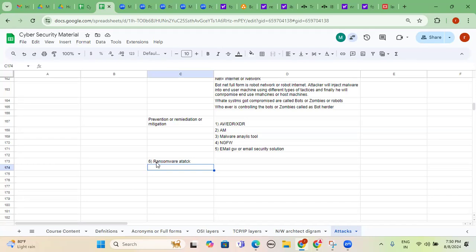So what is the additional thing we have to remember in a ransomware attack? The attacker will encrypt the respective operating system or a file, that may be a single file or a group of files. So what is encryption basically? Encryption is nothing but providing a password or key. Who will provide the password or key now? The attacker will provide the password or key.